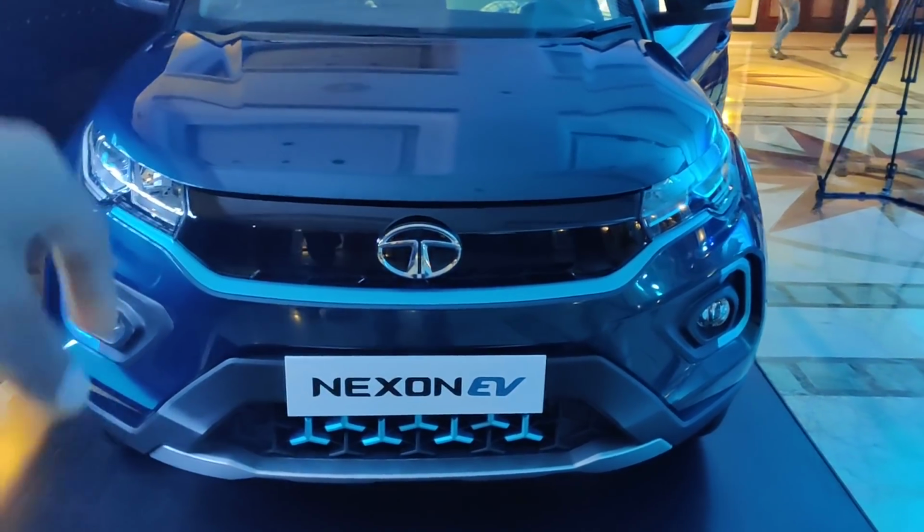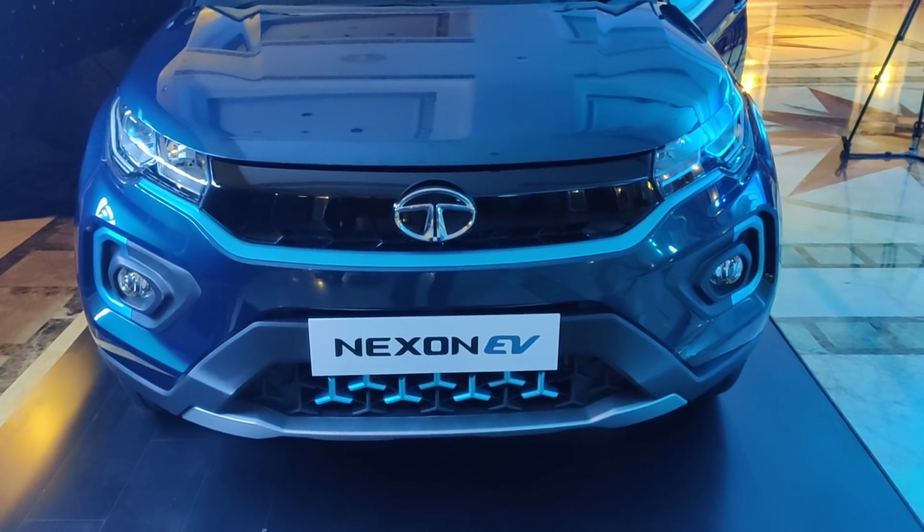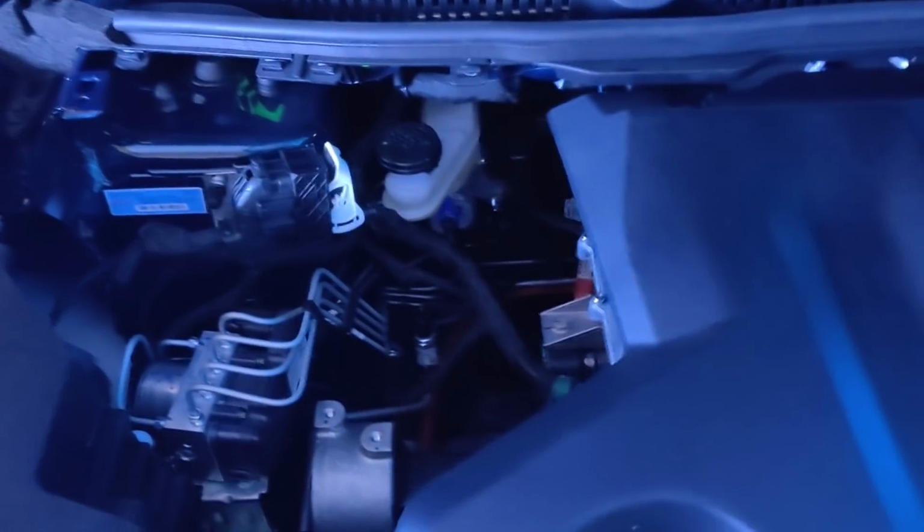Can you open the hood? Yeah, so we're gonna pop open the hood and see what's in there as well. As soon as we've got that, let me get the latch. Yeah, there it is. All right, so there you go. That's the hood,